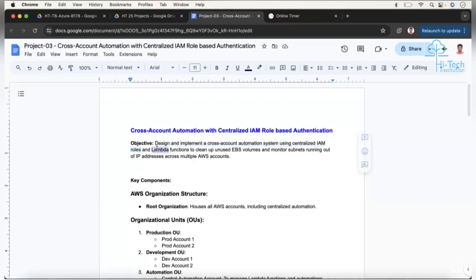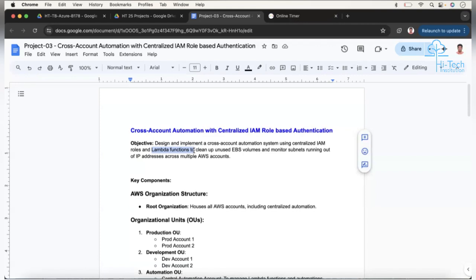For that, we are going to use the Lambda function. Today I've taken two examples. As Rahul mentioned, can you tell me a real example also? Today's example is I'm going to use two actual automations. One is unused EBS volumes, which means in my 100 AWS accounts, as I told you,